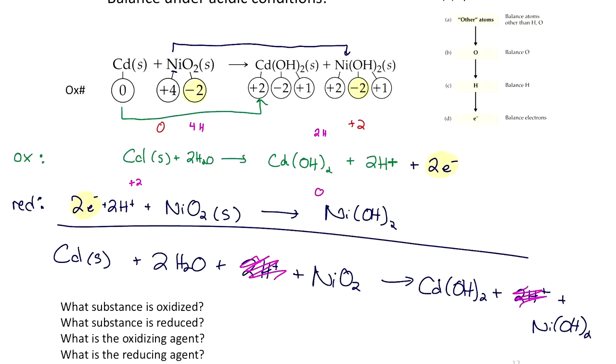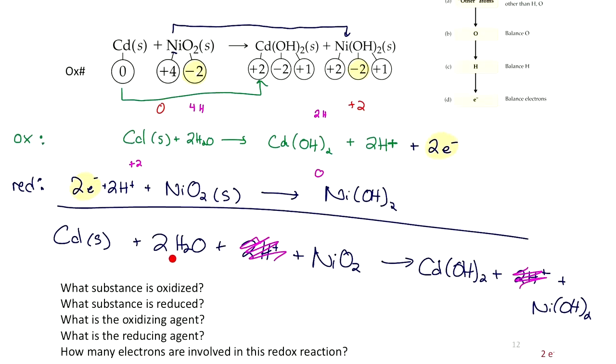What is not obvious here is that in the balanced version, we have waters present. See how there wasn't water in the original unbalanced reaction? That's the difference here with redox reactions. Water is oftentimes present, or acid is oftentimes present, in order for a redox reaction to occur. All right, so let's